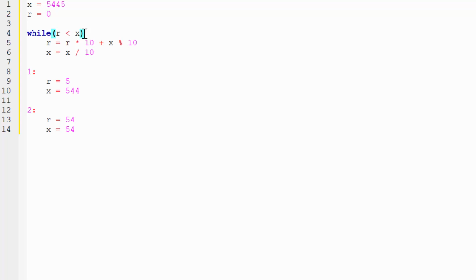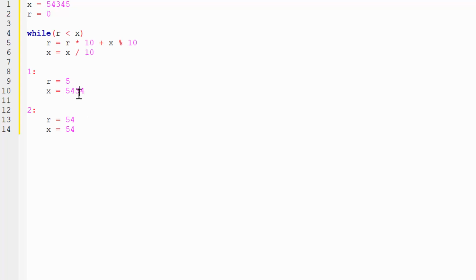Okay, actually it works when our palindrome has an even amount of digits, but what if our palindrome has an odd amount of digits? Let's add one more digit here, and let's say I want to work with the palindrome 54,345. So what will happen in this case? After our first loop iteration, r is equal to 5 and x will be equal to 5434.